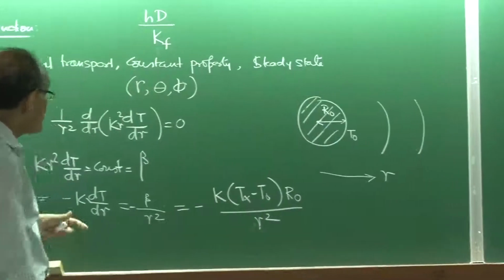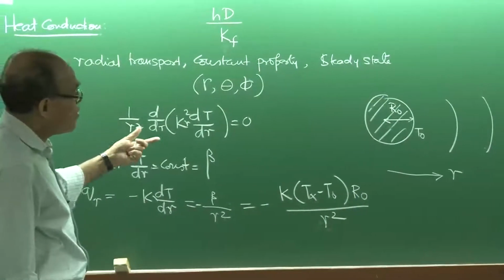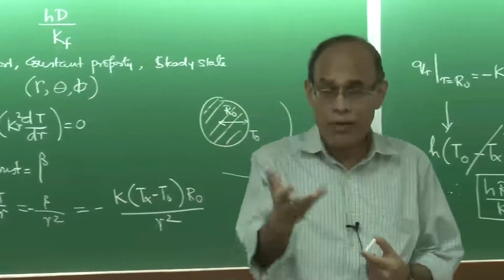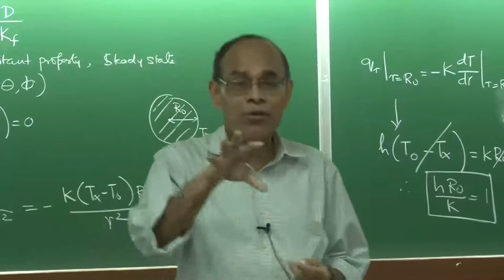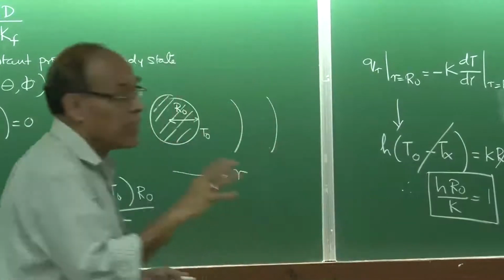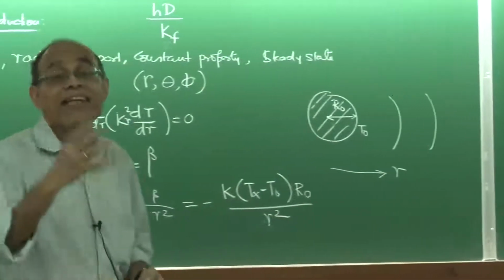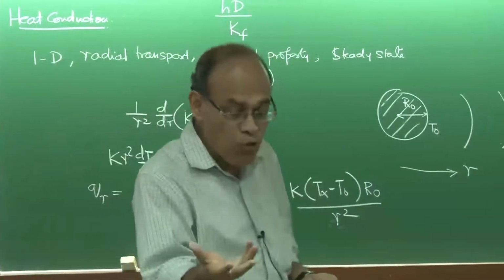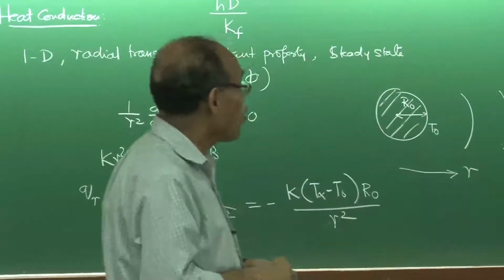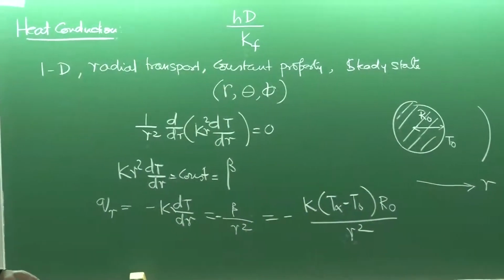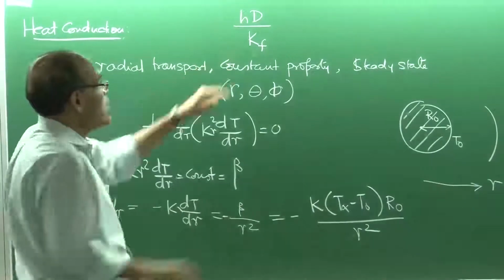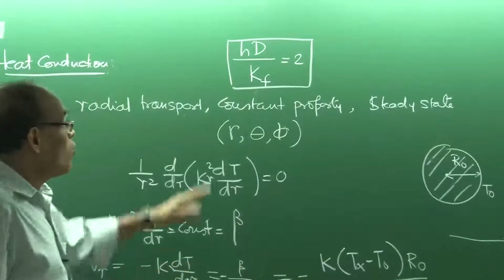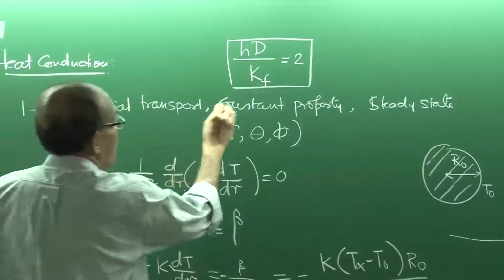And I must say that whenever we write Fourier's law, for example, we say it is a heat conduction or heat diffusion process, because the characteristic of a diffusion process is that it always obeys a gradient type of law, whether it is Newton's law of viscosity, mass diffusion, or heat diffusion. Diffusion always obeys a gradient type law. So, therefore, this term is now going to be equal to 2, and this parameter, which represents basically the ratio